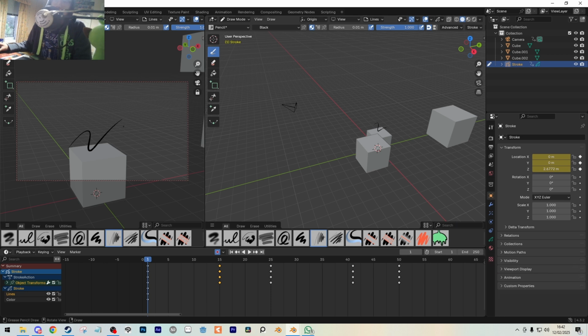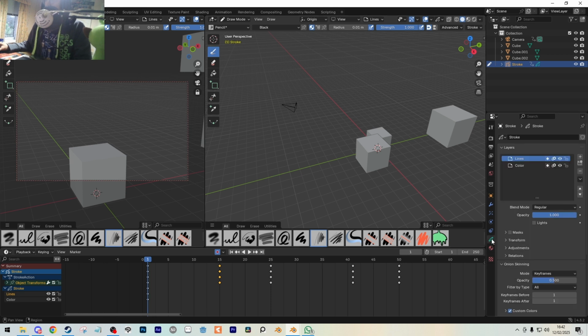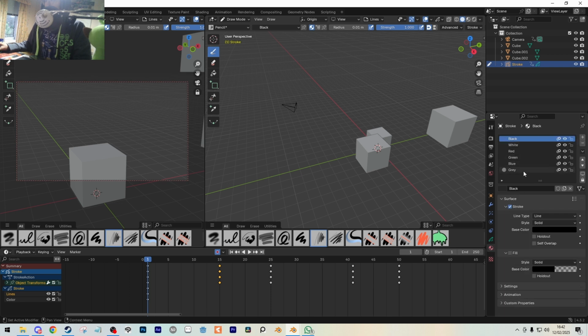But essentially the controls: if you hold control, this will delete the stroke. Very, very important, because we want to have a ball. And then this default will give you two little layers. If we go on to this little data symbol, it gives you a lines layer and a colors layer. So obviously lines is your outline, and we have materials here that it's set up for. We probably need to make new materials so that we can have a solid color, but we can start with